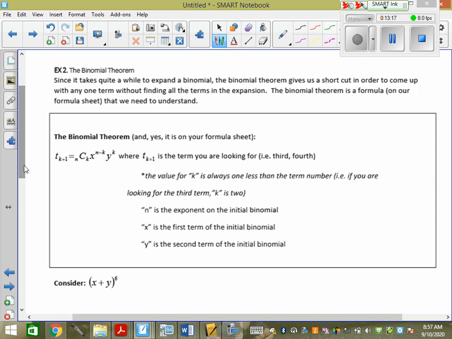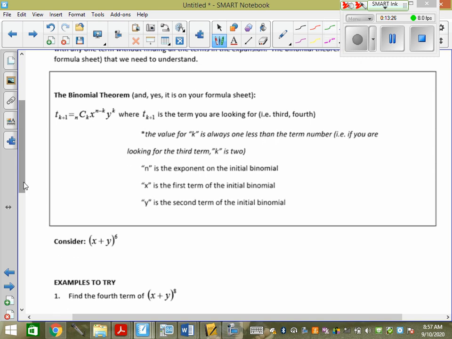So I have people who freak out about that. That's awesome. You need that so that you can use the binomial theorem. Okay? The binomial theorem is this, and I'll write it bigger because it looks really tiny. It's t_(k+1). And you used this T notation in your very first unit in 20-1 when you did sequences and series. So if you had T3, that meant term 3, right? If you had T4, that meant you're finding term 4. If it was T6, that meant you were finding term 6, right?